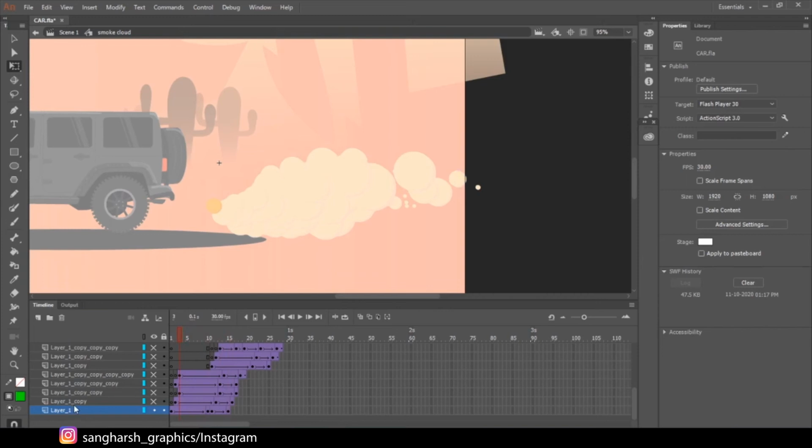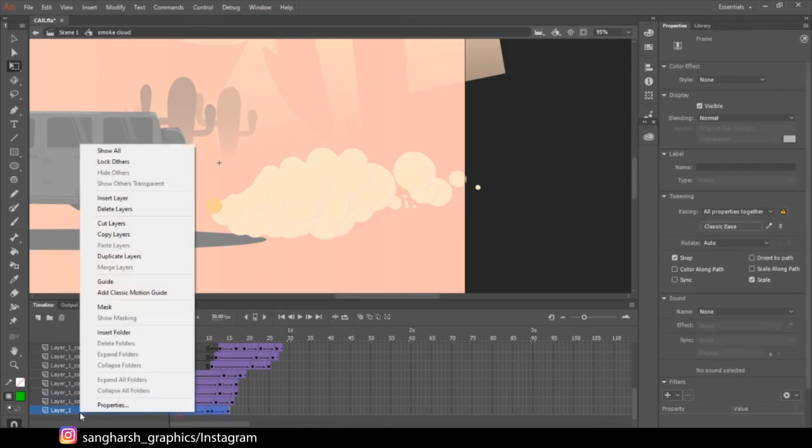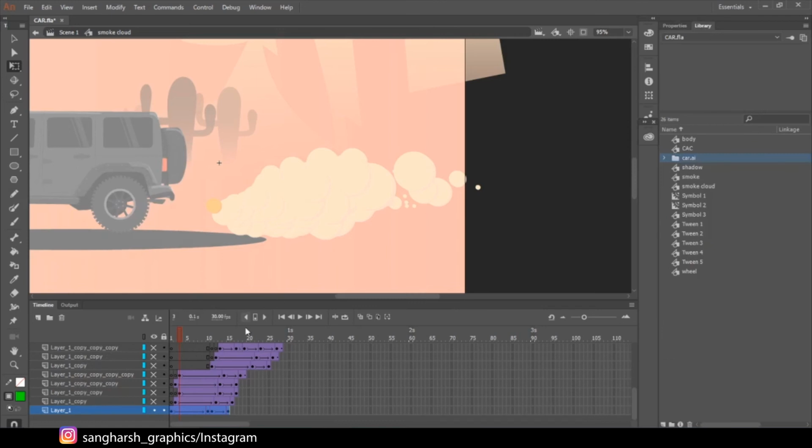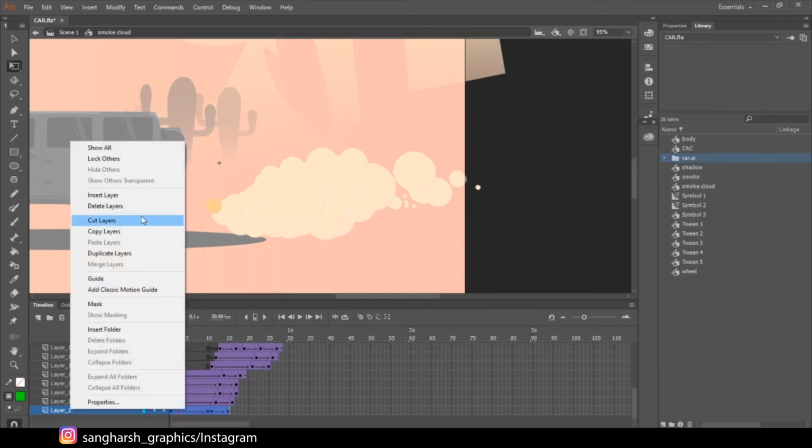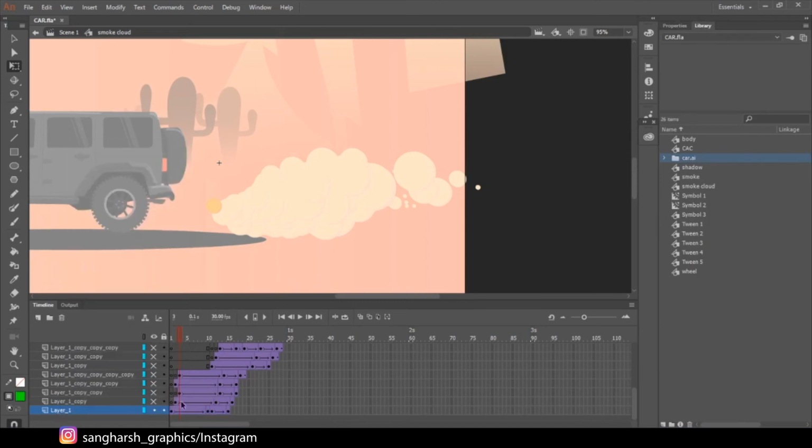And after that I have selected it, right click, duplicate layer, because we want the same animation for it. So I don't drag it from the library and animate it again, I just duplicated it. It has the same animation here, and I select all of the keyframes and drag them a keyframe ahead.